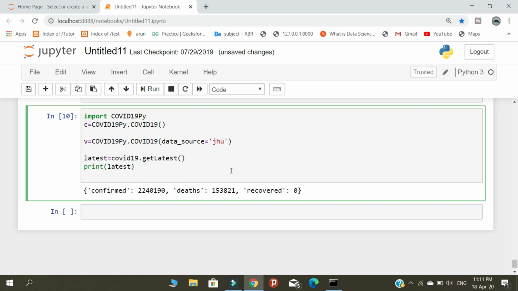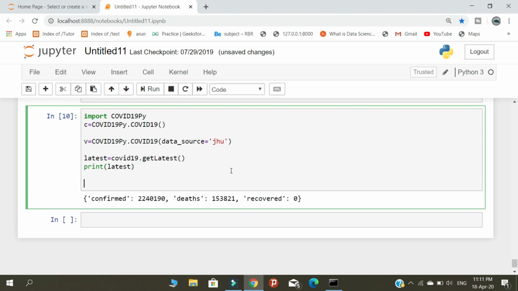After that we need to find out which countries are affected by the coronavirus. Almost all over the world is affected by the coronavirus. So let's create a variable called locations.